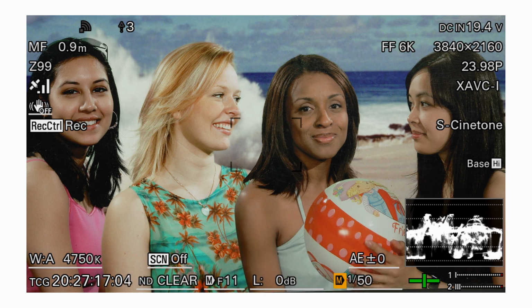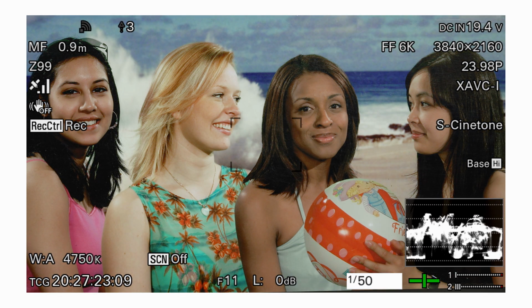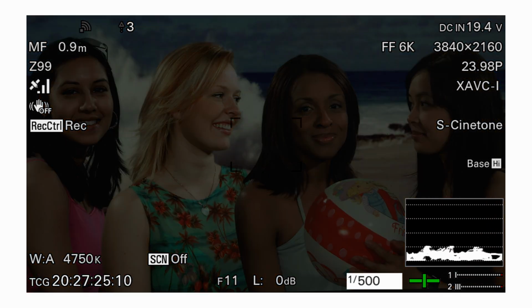The camera can display the shutter time period as either shutter speed in fractions of a second or in degrees. In either case, the operation of the shutter is identical. There's no difference in the quality of the images captured. Shutter speed is the easiest to understand and is similar to how the shutter period would be expressed in a stills camera. With shutter speed, the shutter timing remains fixed at the speed set, even if you change the recording